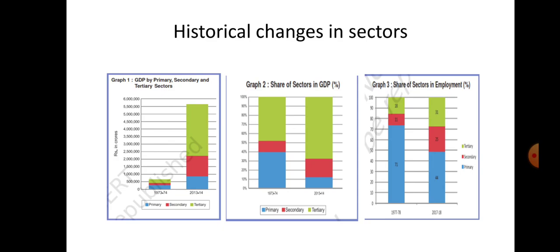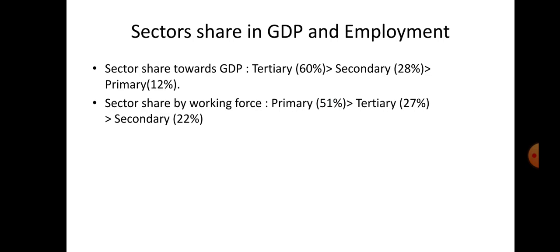The trend, the historical changes in the sectors have been given. And here we have some statistical facts: today the tertiary sector is contributing to an extent of 60%, followed by the secondary sector to an extent of 28, and primary to an extent of